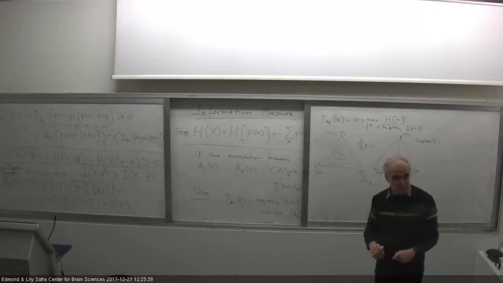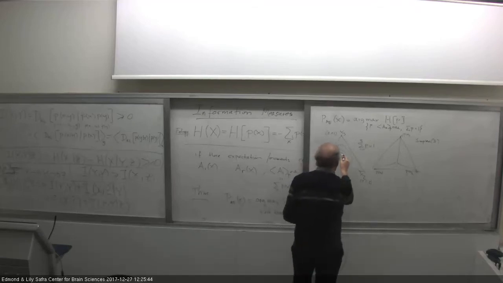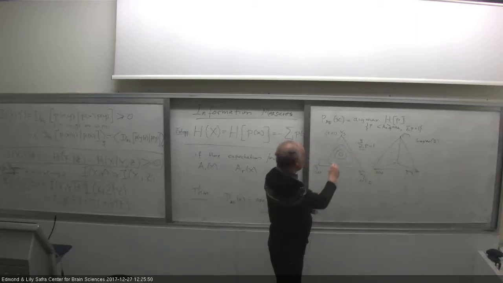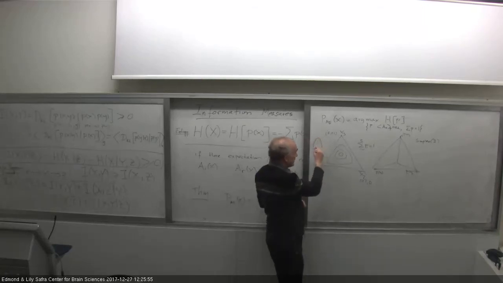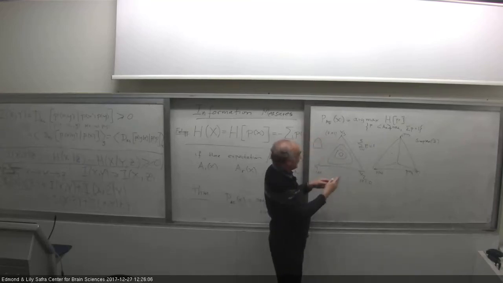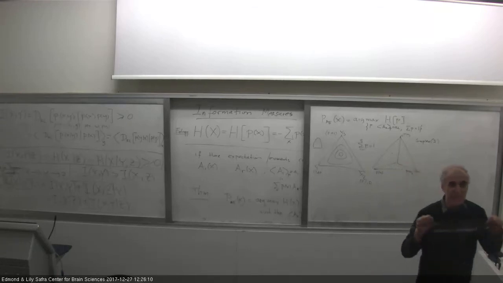So the lines of equal height, are they in the shape of a triangle? No. Close to the center, they look more and more circular. When you push towards the ends, they look more and more triangular. But on each of these edges, it looks exactly like the 2-dimensional entropy. The cross section here is a 2-dimensional entropy because the other variable is 0, and this is also true here. I don't know how good you are at visualizing 3-dimensional things, but some of you certainly see this.